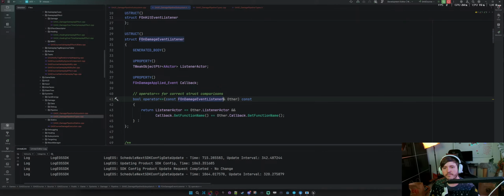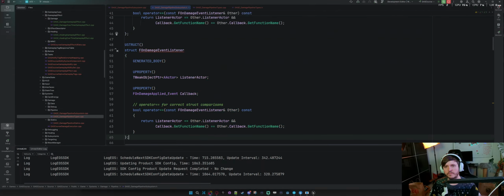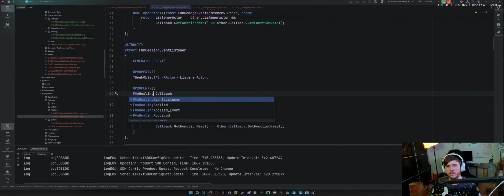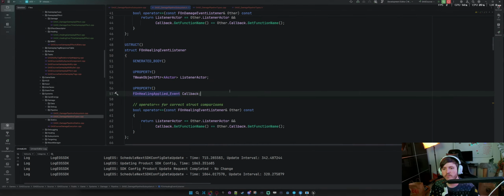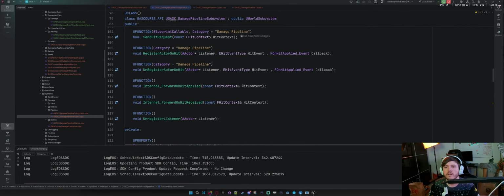Yeah. Okay. And we probably copy this. F on healing event listener. Change that to that. And then the F on healing applied event. Oh, that should be all cool.